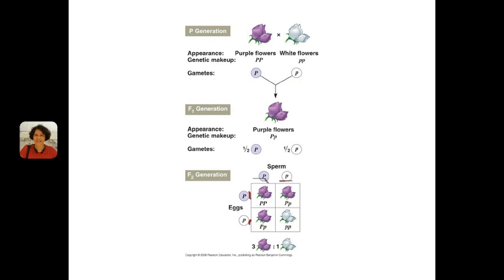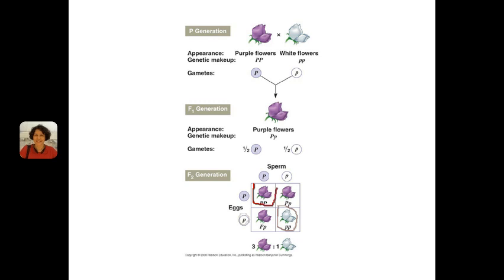And when you now cross them with each other, you find that the only way in which the offspring is going to have white flowers is if you cross a sperm that gives the white allele with an egg that also has the white allele, and that gives you this case here with little p, and that's going to be a white flower. The three other cases, if we look at the crosses, in this particular one here, you've got